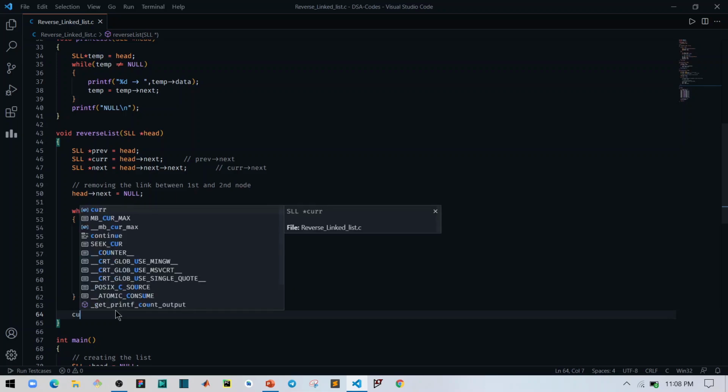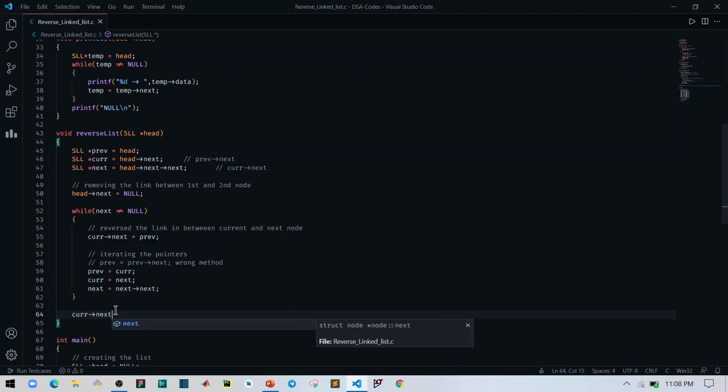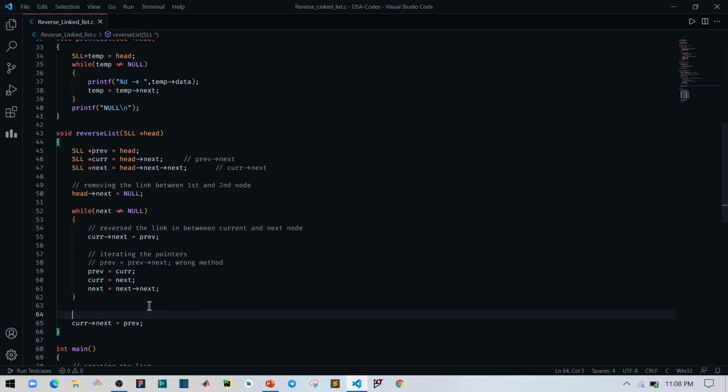So how can we do that, current arrow next equals previous? We just have to use this statement one more time here, to make the link between the last node and the last second node.